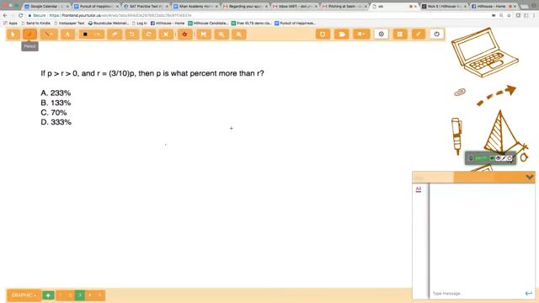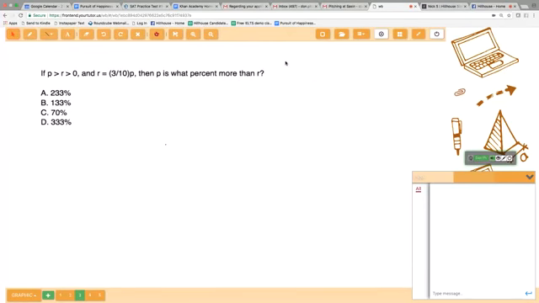Okay, we're going to do an SAT question right now. If P is greater than R is greater than 0, and R equals 3/10 P, then P is what percent more than R? A lot of my students are going to panic when they see this question because they're going to see P's and R's and think, wow, this is really abstract. So to make this less abstract, let's actually substitute real numbers here, and so this is a lot easier to figure out. And the numbers I'm going to use